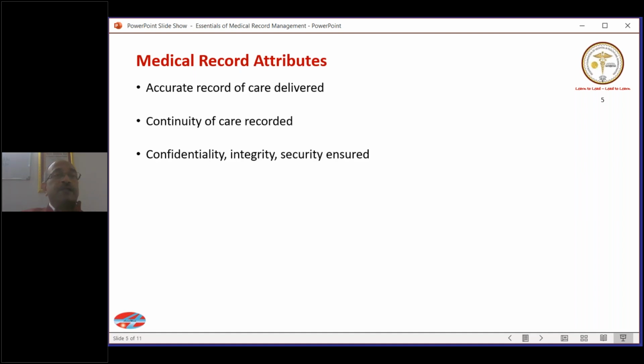So what are the attributes of a good medical record? This is what is necessary for us to know. It is supposed to be the accurate record of care delivered. That means what has been done to the patient should be recorded in the medical records. So when we say it is an accurate record, we are talking about how much detail is being recorded, what parameters are being captured, and especially if you are aware of the NABH accreditation system or the JCI accreditation system,